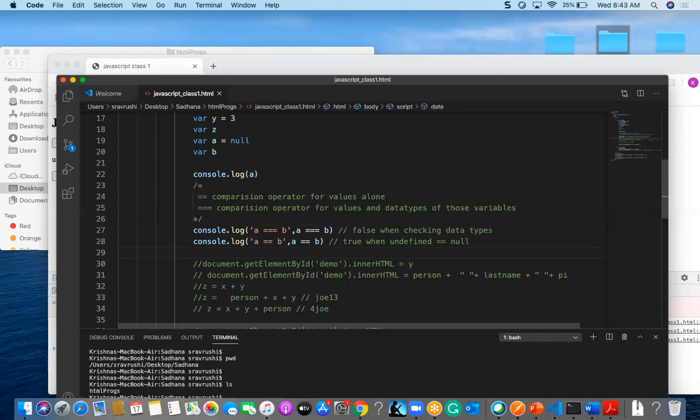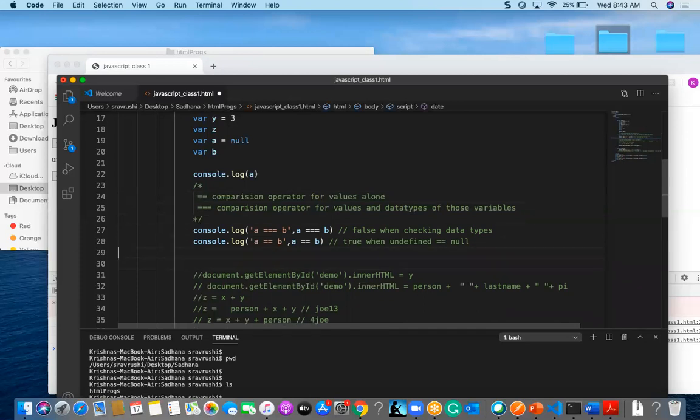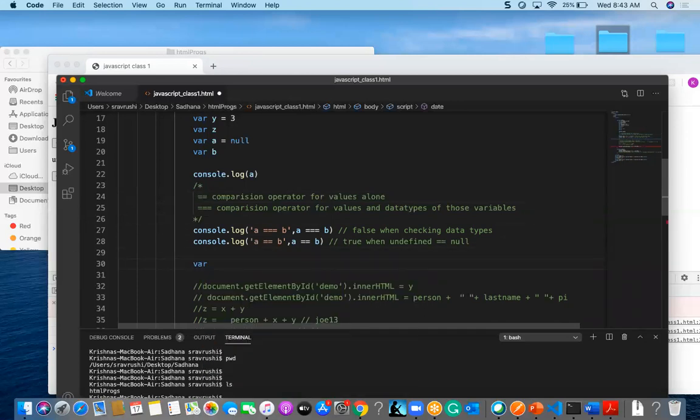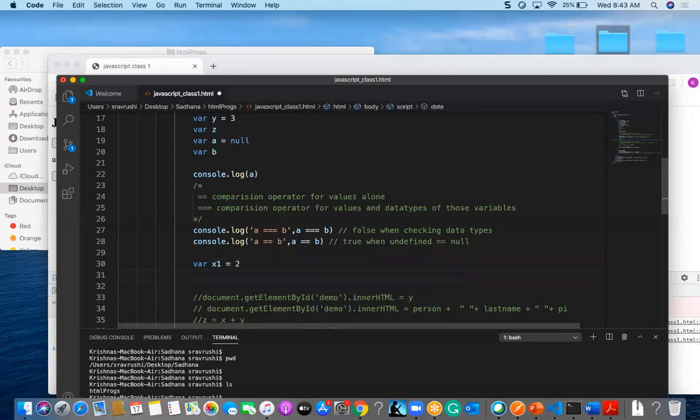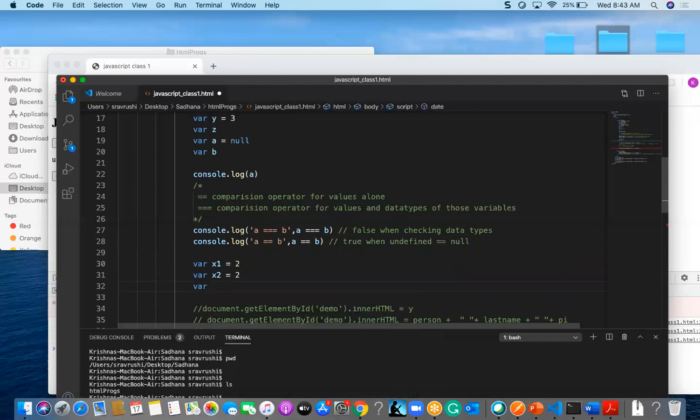Okay, now we have discussed these comparison operators, right? Let us think I have a variable x1, and I am giving it some value, 2. Then x2, I am giving it the value 2, and x3, that value is also 2.